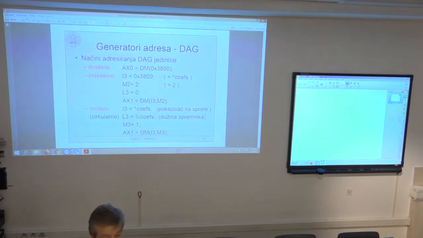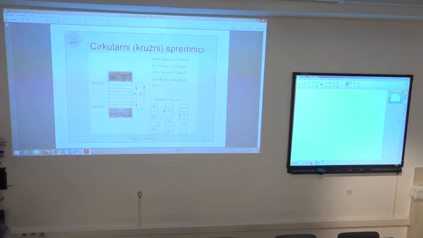So whether the pointer reached the end of the buffer, in this case I have to reinitialize the pointer back to the first address, and all of this would be a waste of instruction, large overhead. So to avoid this large overhead, you have this dedicated hardware that automatically checks this and performs desired modulo addressing. Okay? And there is one limitation regarding this modulo logic, and this limitation is the beginning address